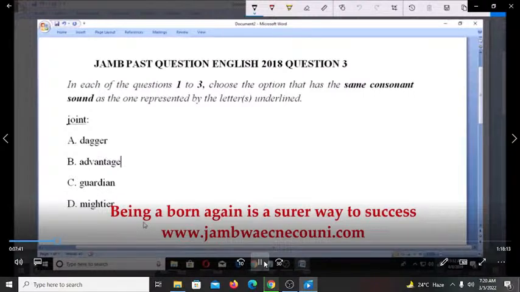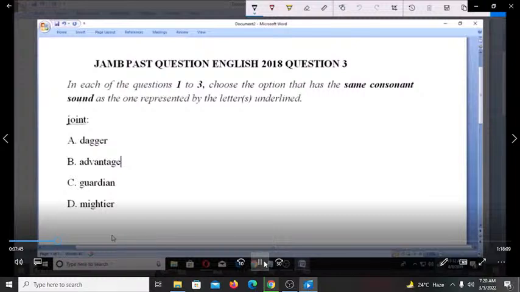Now for us to be able to get this very well, it's good we write the oral transcription for all the words, so that we see the one that has a similar consonant as the J in joint. So this is joint, this is the representation, joint, G, joint. Then for dagger we have the,